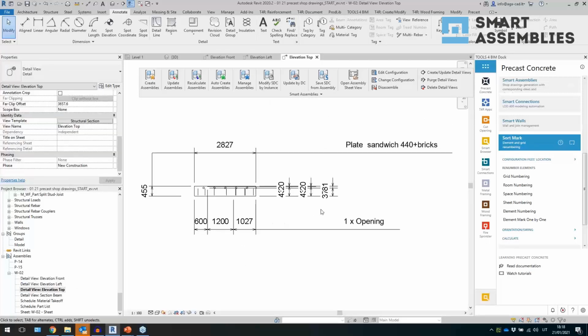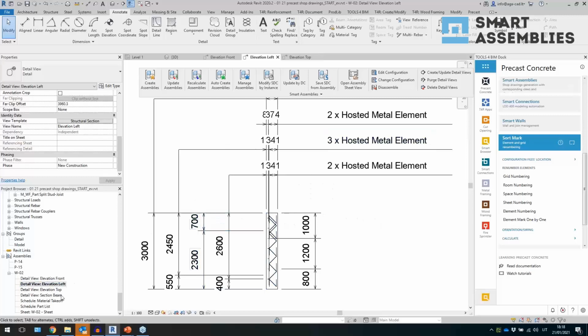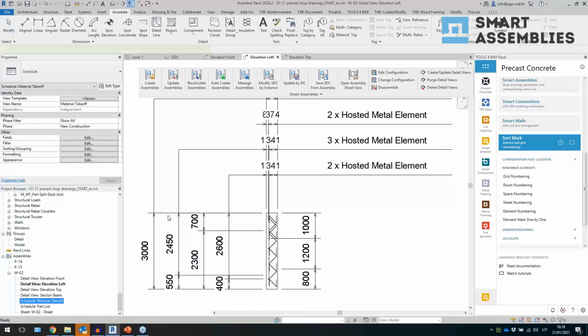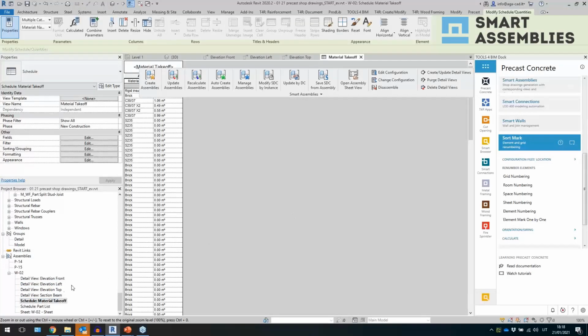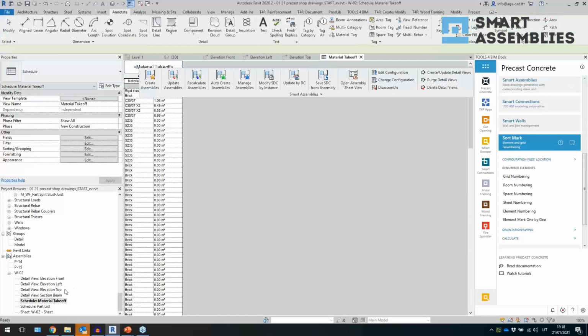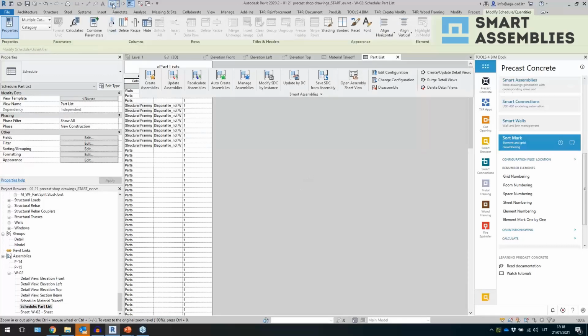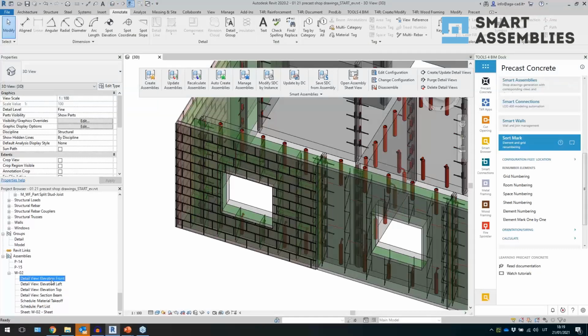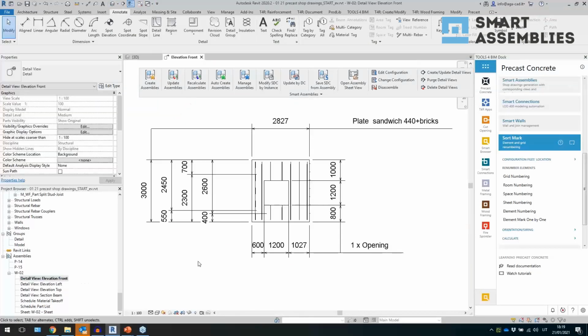This is left view, something like that, right? I got some kind of dimensions for details, but it's not really perfect. I would like to change that. Also, schedules are not really what I want. So what I will do, I will actually go here, and then I will say that